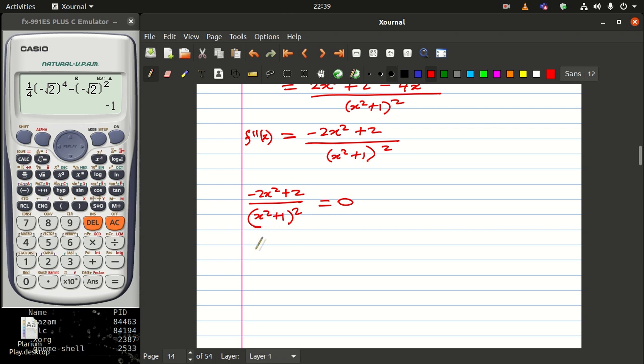So this is going to be equal to 0 if the numerator 2x squared plus 2 is equal to 0. So I'm going to take this 2 to the other side. So I have minus 2x squared is equal to, this was positive, so on that side it's going to be negative, and then I'm going to divide by negative 2 on both sides. Then x squared is equal to, and then this will cancel with that, so we're left with x squared, and then we end up having minus 2 divided by minus 2 is just a 1,